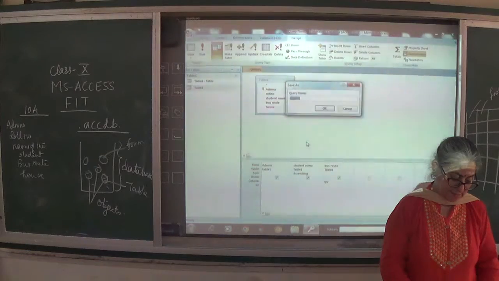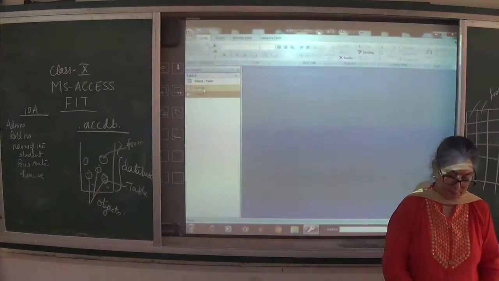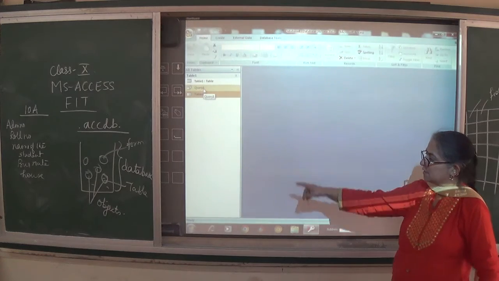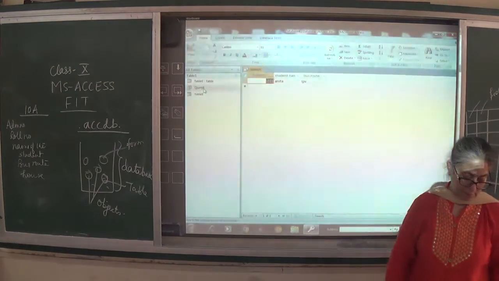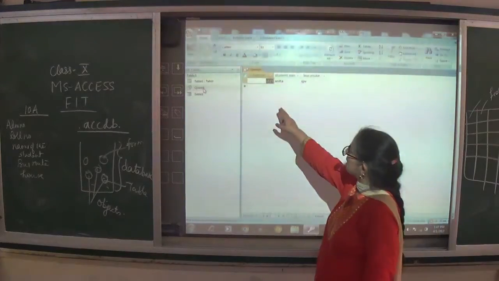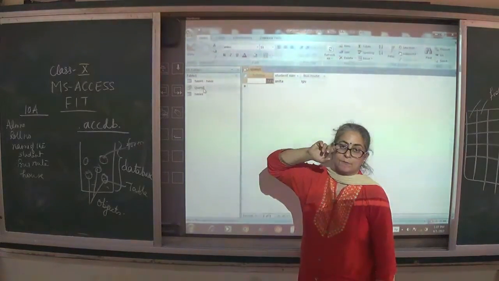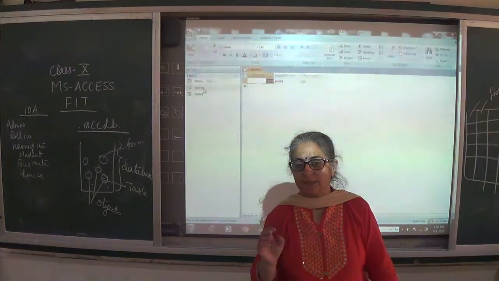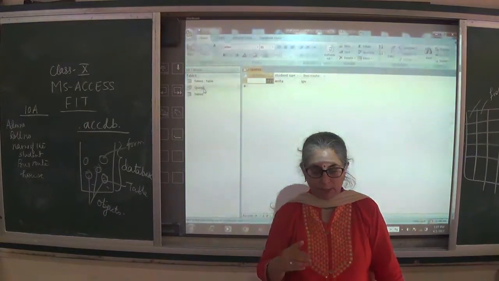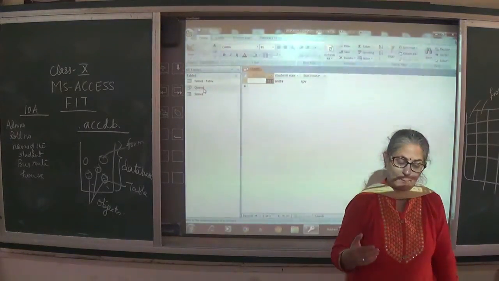It says yes. The name of the query is query 1 only. Okay. Did you see this query 1 is coming in this navigation bar? Go here. Only one child is there with IPV. So we have only one child going in IPV in 10th A. Right? This is how the query happens.